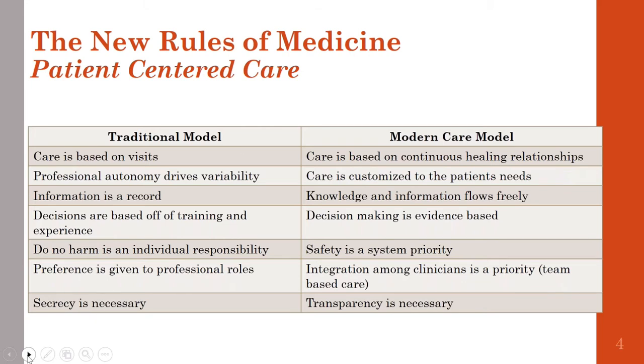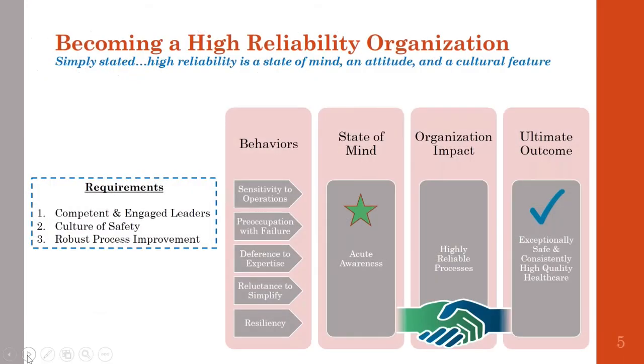So I'll move forward here. We now know the expectations for patient-centered care, and having that expectation in place just organically changes the rules of the game. And when the rules of the game change, magically, organizations begin to behave differently. And this is where we kind of get to that high reliability